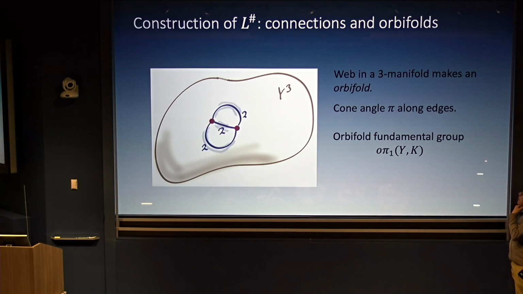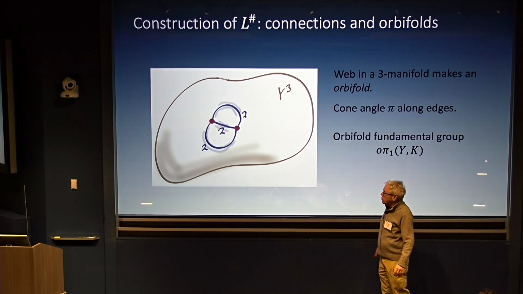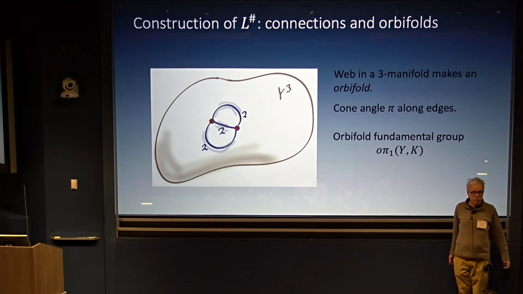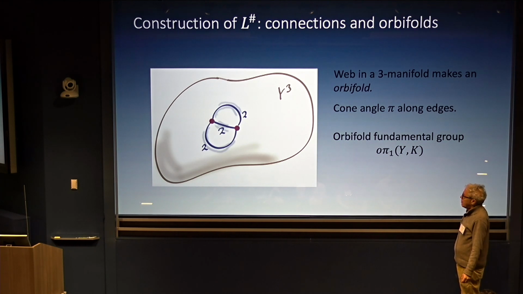So how is L-sharp actually constructed? When we have a web in a 3-manifold, a trivalent graph in a 3-manifold gives the data for an orbifold structure on the underlying 3-dimensional topological space. You want to think of putting a geometry on Y where along those edges labeled 2